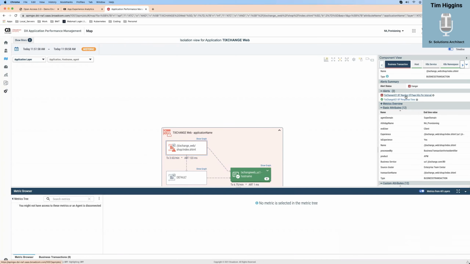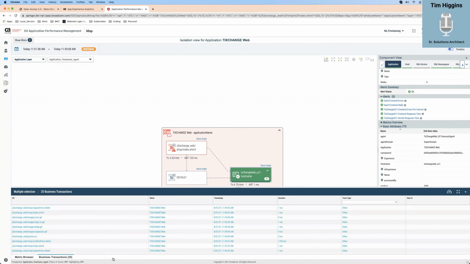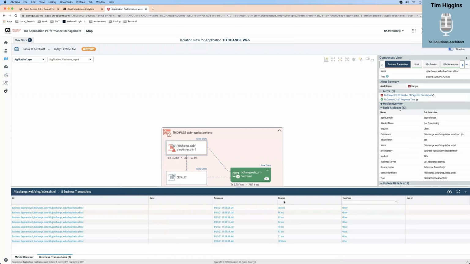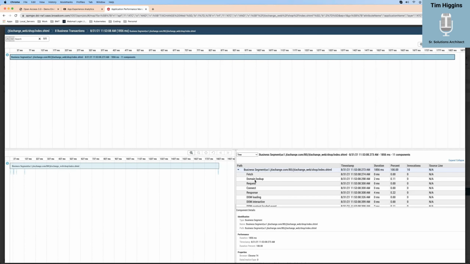Now, in all fairness, this is an alert that I created, or someone created. I probably didn't create it, but you can create as many alerts as you want. And I'm going to show you how to do that shortly. So if I click on this information here, you'll see things load as I need it, including my business transactions. That's very important. So if I click back here, and I always pick the worst one, which is here, just because usually that's your problem child. And now I get a stack trace of that call.